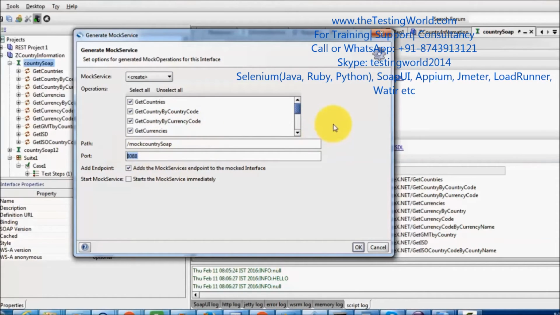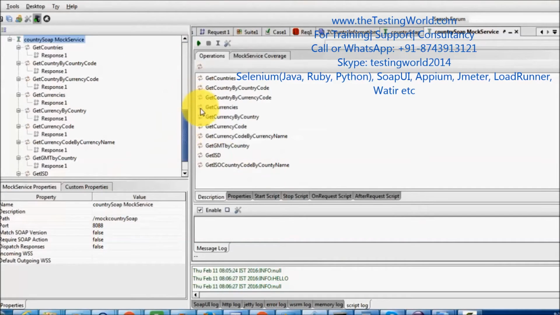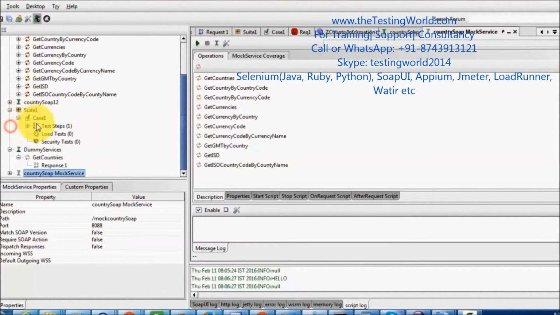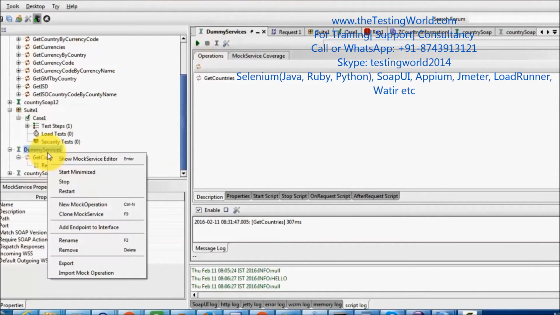Other than that, by default, we have seen we are going to use 8080 port. We can set any of the port. So I'm setting the port 8088, whatever the port you want, and click on OK. Country SOAP mock service. So here we see country SOAP mock service is created, and I'm going to stop this